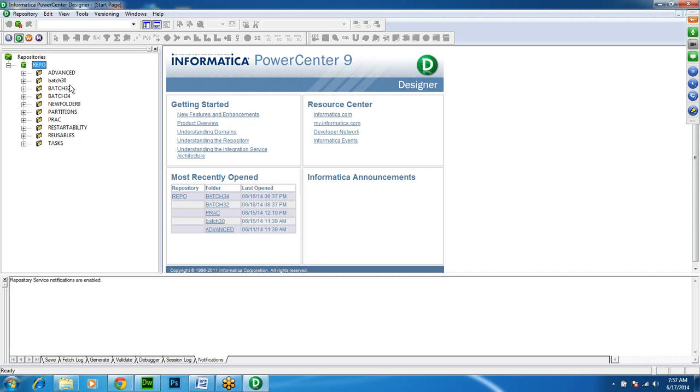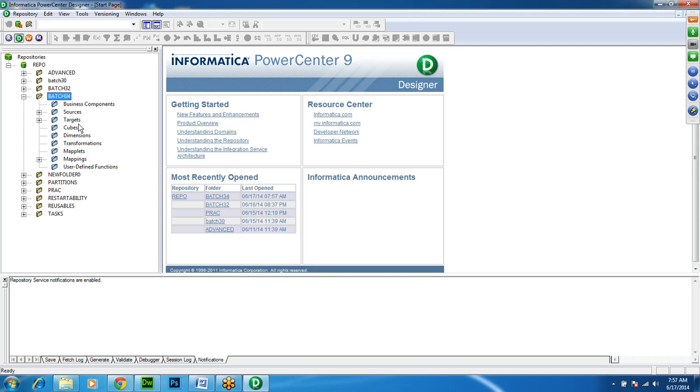So in this class we'll try to understand a few transformations. So let's start with union transformation. Union transformation is an active and connected transformation, and using union transformation you can union the data from multiple